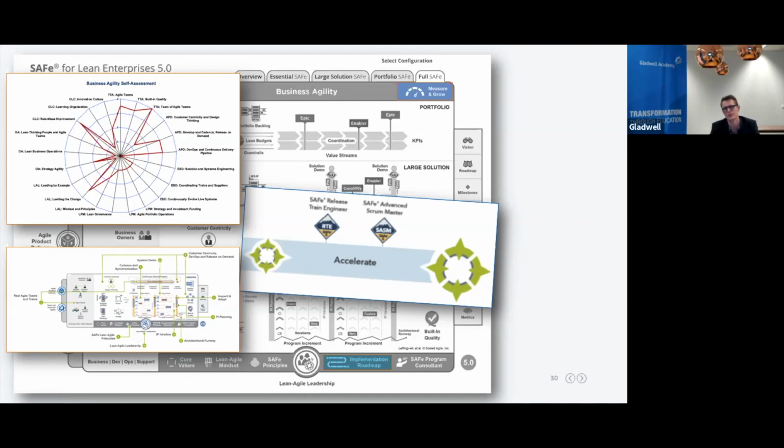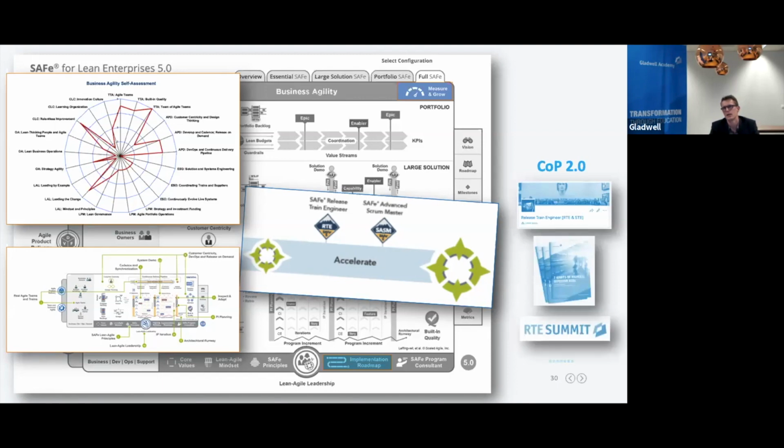But have a look at the primary things for your ART. So the basic things, are they really in good shape already? I would start there. And then, of course, as I said before, we have the RTE Summit on the right side. We have these articles that we write. We have these LinkedIn groups. And then there's more stuff. And I've written down Community of Practice 2.0 to accelerate the enterprise.